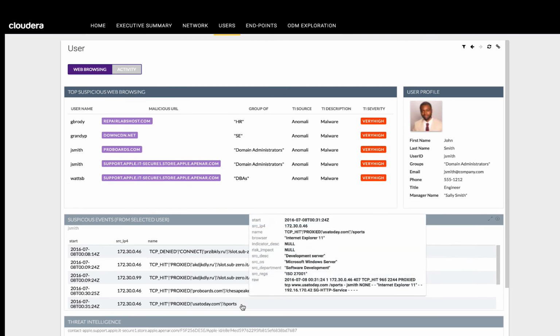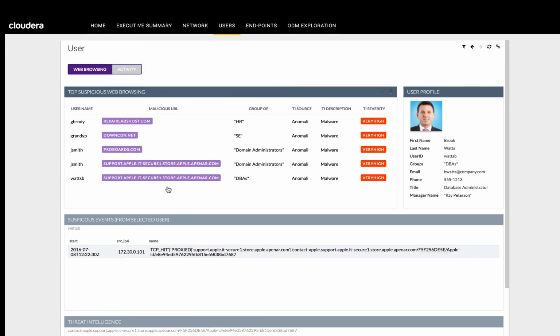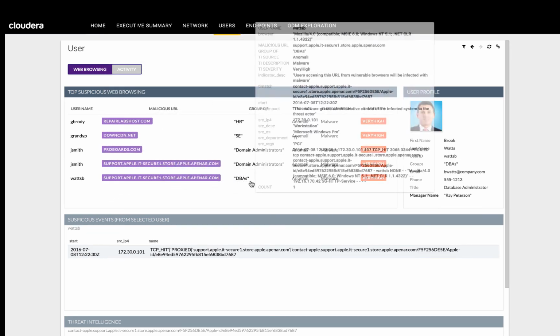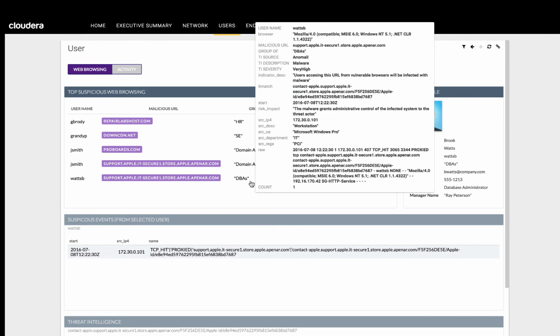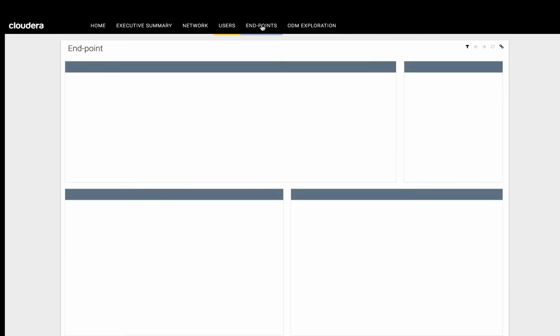What's interesting is this also shows me that another user, WattSB, has also shown activity to the malicious URL, indicating a high likelihood that he is also infected by the same malware. Two separate users in different systems affected by the same threat. Which brings us over to the endpoint screen of the